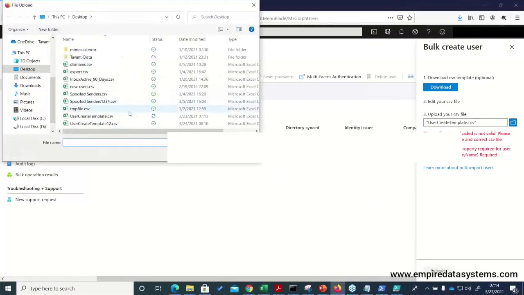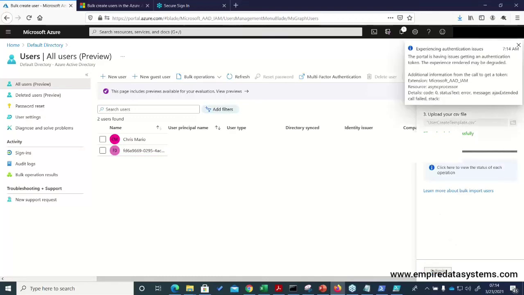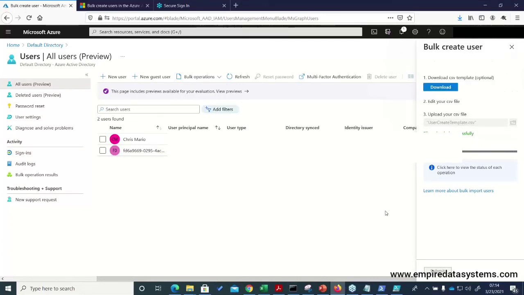This is the file I have. Now it is uploaded. When all the fields are okay and all the conditions are met, then Azure will accept your CSV file. You can click on submit, and then, okay, maybe it degraded or something. Probably this SSO, because of what Microsoft changed recently, they are